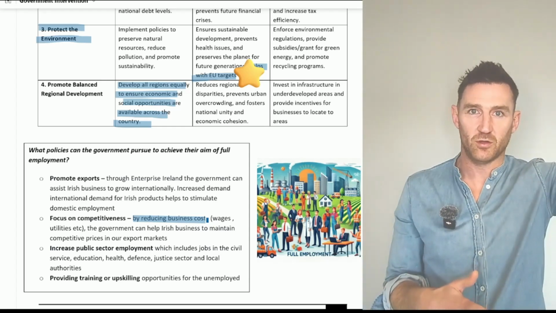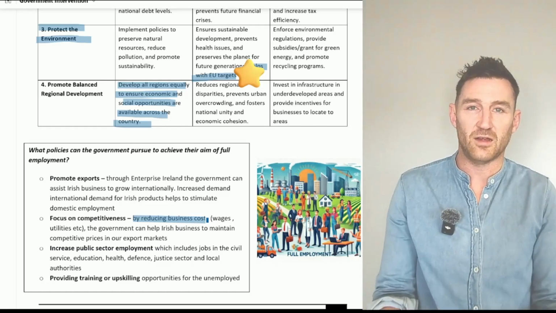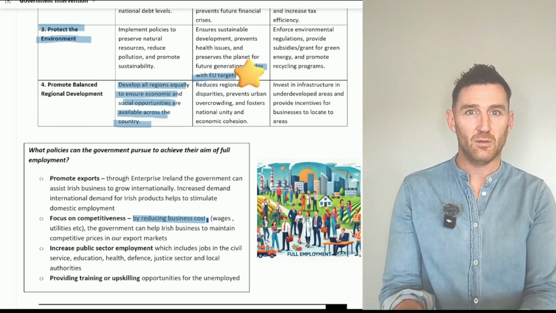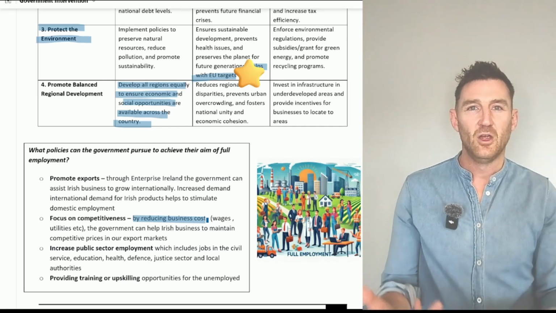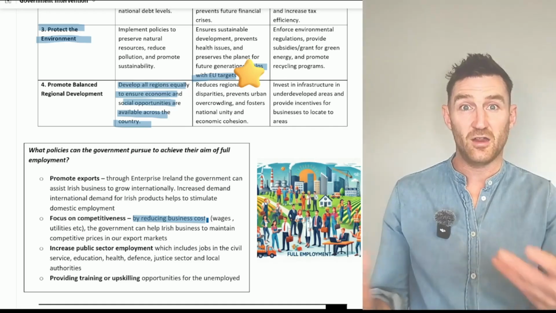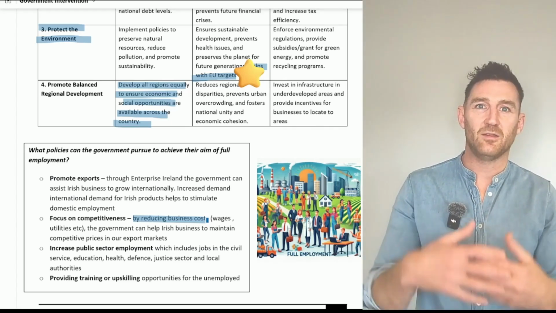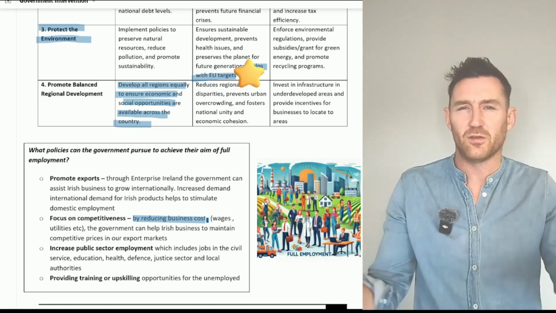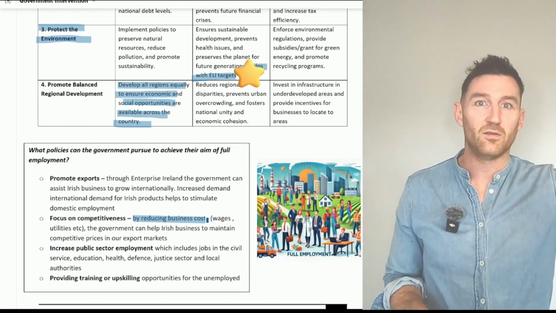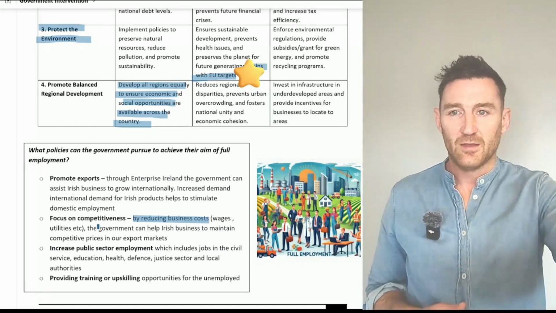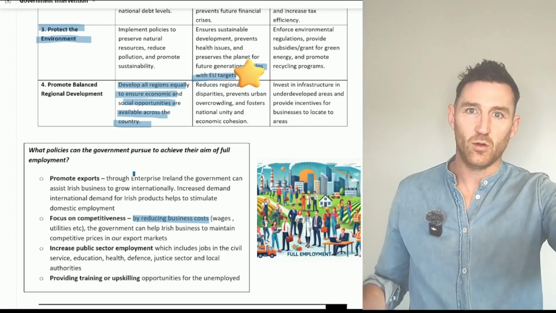If you're an Irish business and you export to America, and let's say the cost of making your good in Ireland is relatively low, it means you can keep your prices relatively low. It means that when your goods hit American shelves, American customers are like, oh, I might go with that Irish option, it's well priced. But if you're an Irish company and the cost of making your product is really high because wages or utilities or raw materials in Ireland are really expensive, that means you have to have a high price to cover your costs and make a profit. And that means American customers will look at the Irish good and be like, no, that's too expensive, I'll go with some other alternative. So the more we can reduce costs and make us more competitive, that might help us achieve full employment.